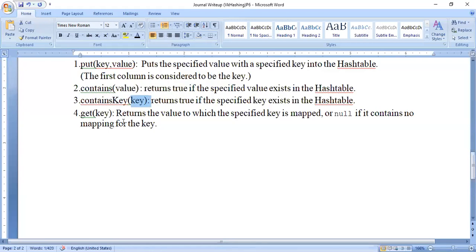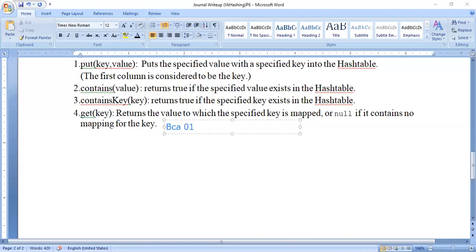Now the fourth method is get. The get method is used to retrieve. As the put method is used to write to the hashtable, the get method is used to read from the hashtable. So while reading, if I want to know the value related to a specified key, for example, suppose my code for VK is BCA03, and suppose the codes are given like this. I'm just giving you examples.